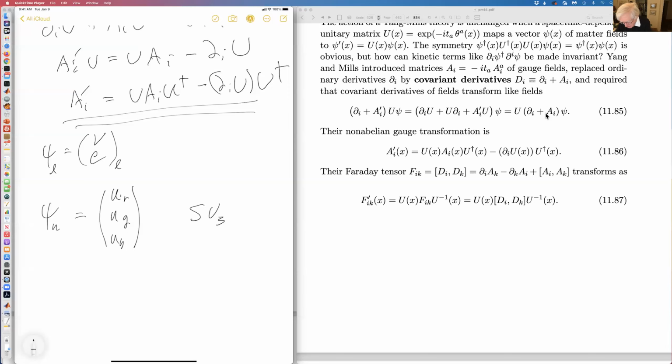Here for SU3, it's just different colors. And when Yang and Mills were doing this in the late 50s, these quarks weren't understood. And I think they were thinking about rotations of things like pi mesons, something like pi plus, pi 0, and pi minus. And people were saying, my God, how are you going to rotate a charged field into a neutral field and so forth? And so there was some resistance to their paper,